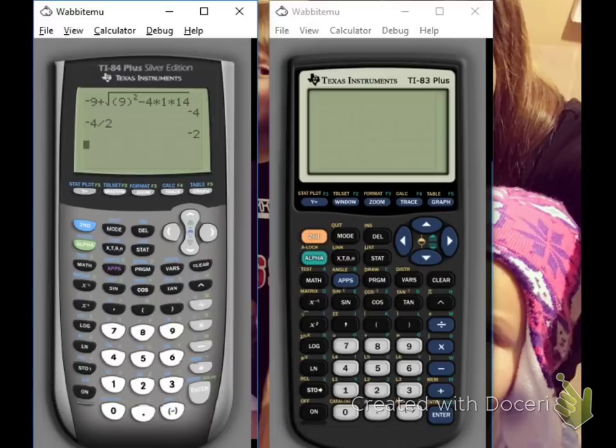So, again, I'm going to do it on this other calculator first. On the other one, I'm going to go negative 9 plus, and then I'm going to do my square root button. For this one, if you'll notice, the square root sign isn't going over top of what I'm plugging in. So to put the 9 in parentheses, I have to open a parenthesis just for the 9, and then close it and square it, and then minus 4 times my A, which is 1, times 14, and